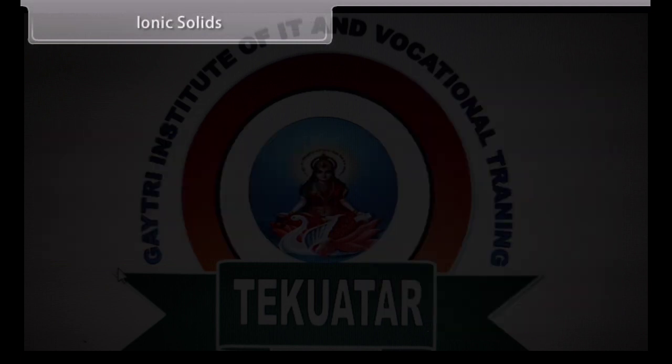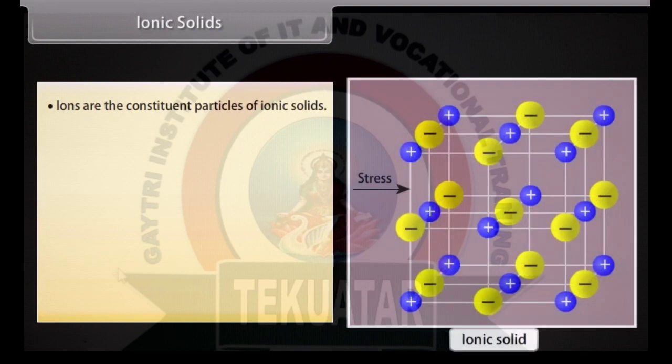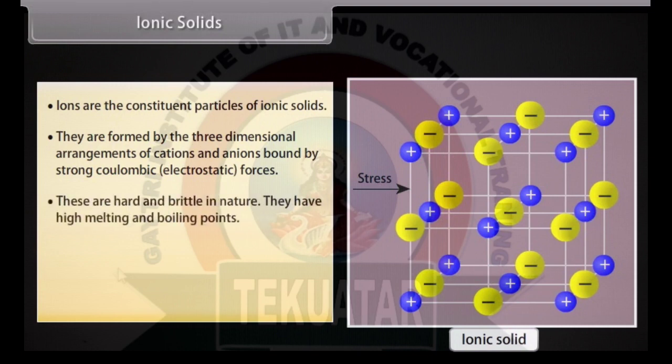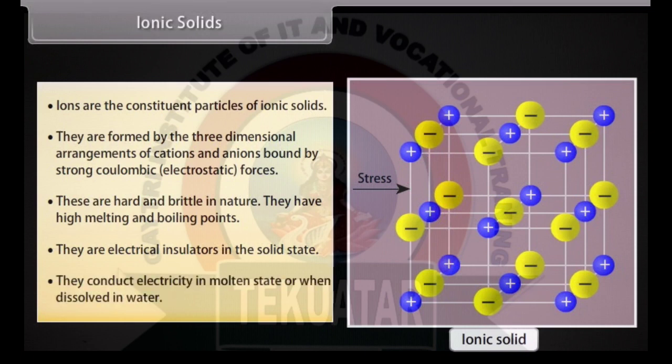Ionic solids. Ions are the constituent particles of ionic solids. They are formed by the three-dimensional arrangements of cations and anions bound by strong Coulombic electrostatic forces. These are hard and brittle in nature. They have high melting and boiling points. They are electrical insulators in the solid state. They conduct electricity in molten state or when